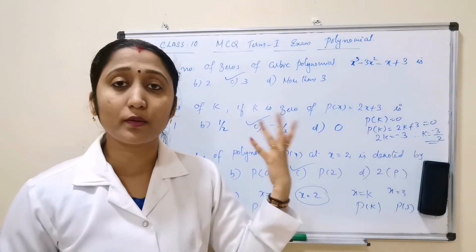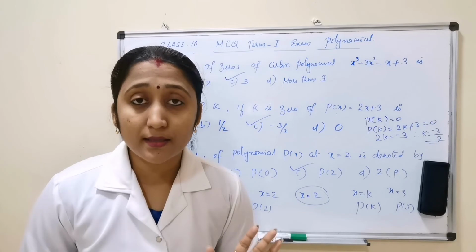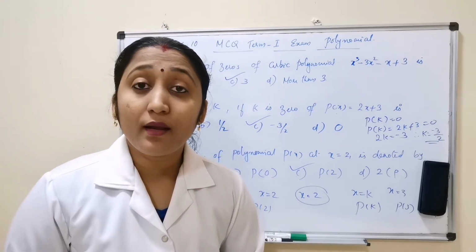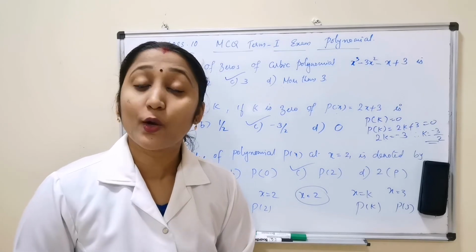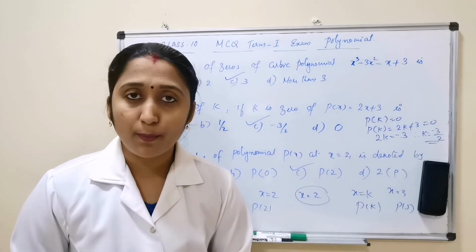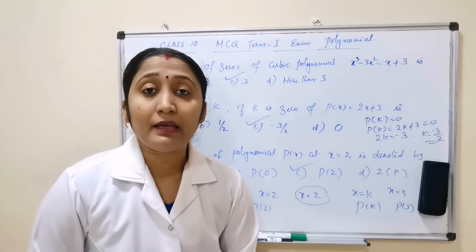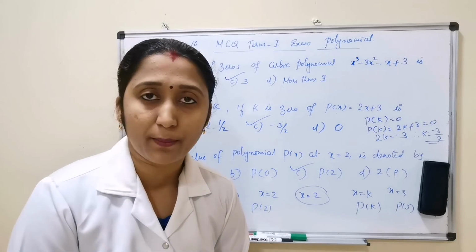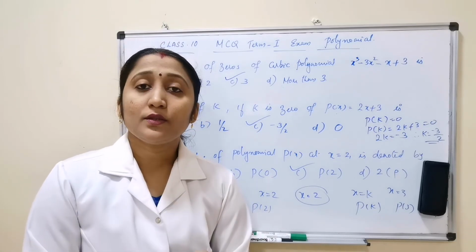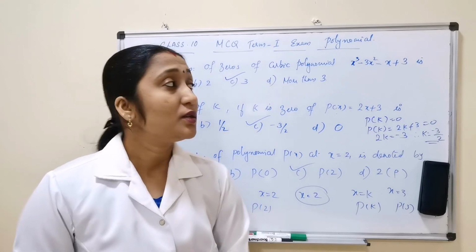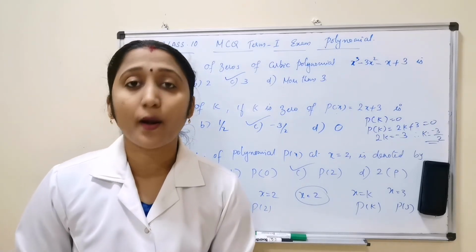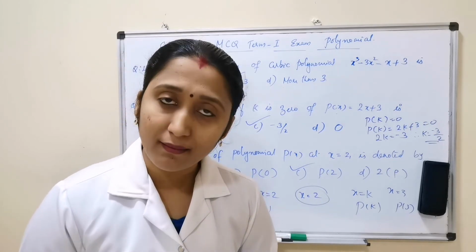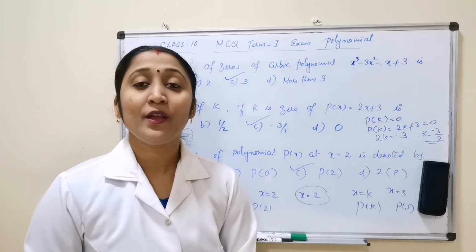Is it clear about all these questions? These are very easy and simple questions, but you must thoroughly study all the concepts. Then only you can do this type of problems. One main thing is you have to thoroughly check the answer. You have to work it out on your rough paper. After that only you choose the correct answer. So I hope you all understood this about polynomials. If you have any doubts or suggestions, please write in the comment box. I will clarify.